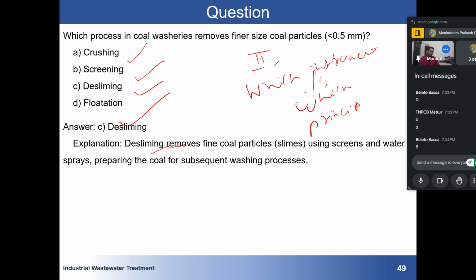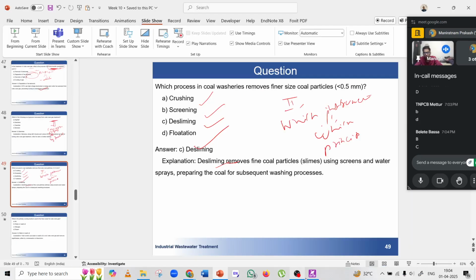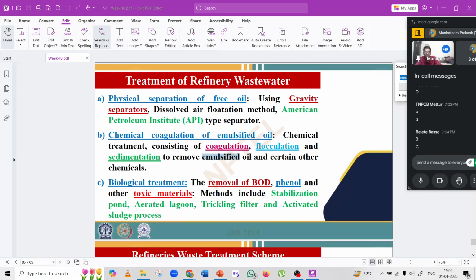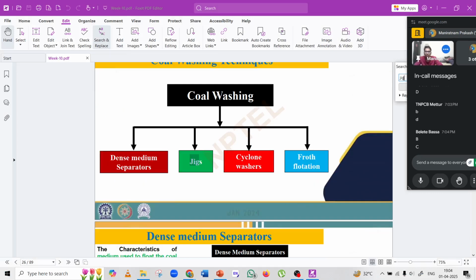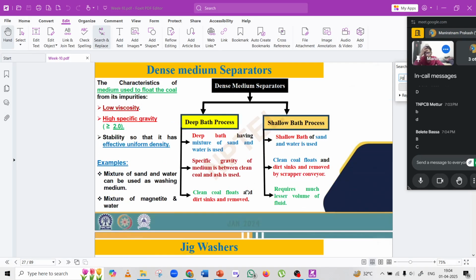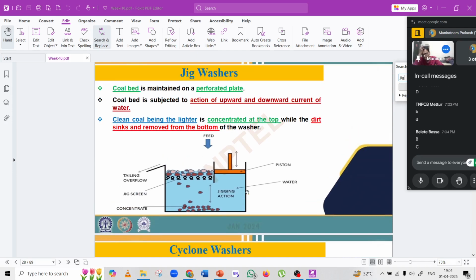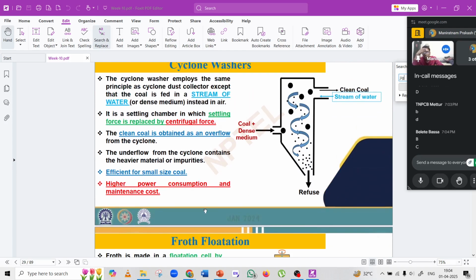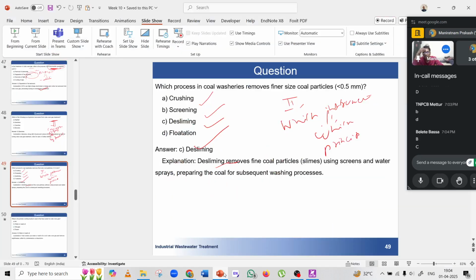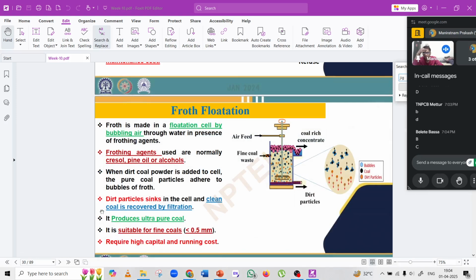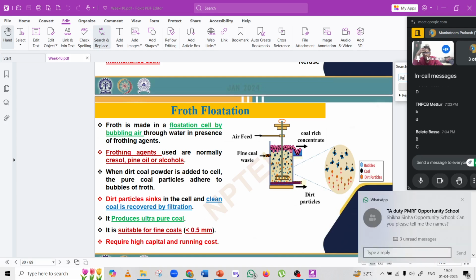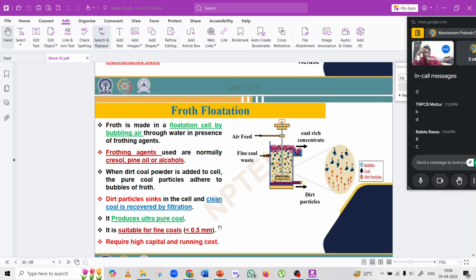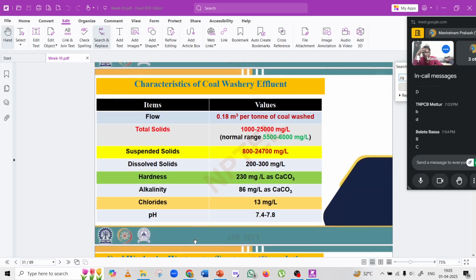I will show you the lecture notes. There you can see. Here you can see this thing. The bubbling frothing agents are normally used when the process requires high cost. Okay, now here,